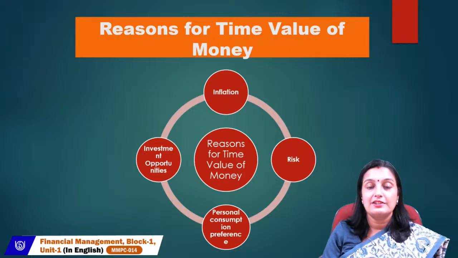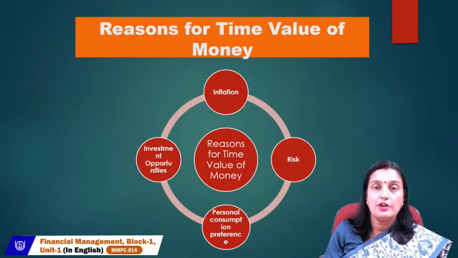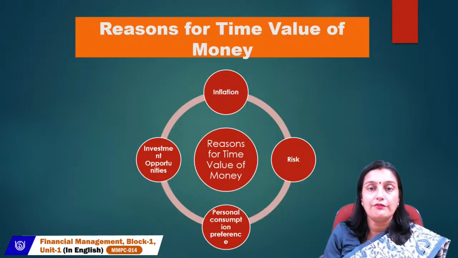And then the third part is personal consumption preferences. Your consumption preferences may change. Previously, everybody was trying to buy a car, or everybody used to go by public transport. Nowadays, Ola and Uber have made their choice different, and everybody wants to book an Ola or Uber from their app and ride comfortably. So the change of preferences will increase your cost also. If you analyze your time value of money properly for future preferences, you will get good results in the future also.